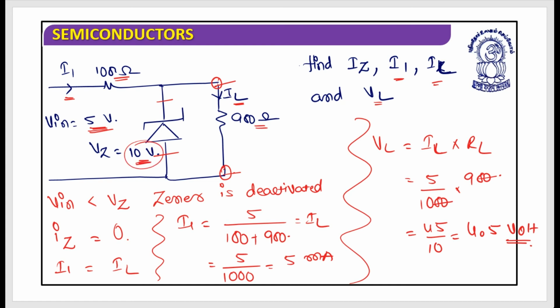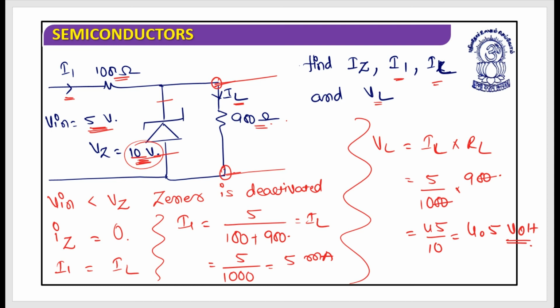So if I want a maximum of 10 volts here, I will choose the Zener whose breakdown voltage is 10 volts. Now if I say I should get a maximum of 10 volts here, it means if I get less than 10, it is absolutely okay, no problem. But if I get a voltage greater than 10, this device can be damaged. So I must not get more than 10 volts at any time. If I get less than that, it is okay for me.